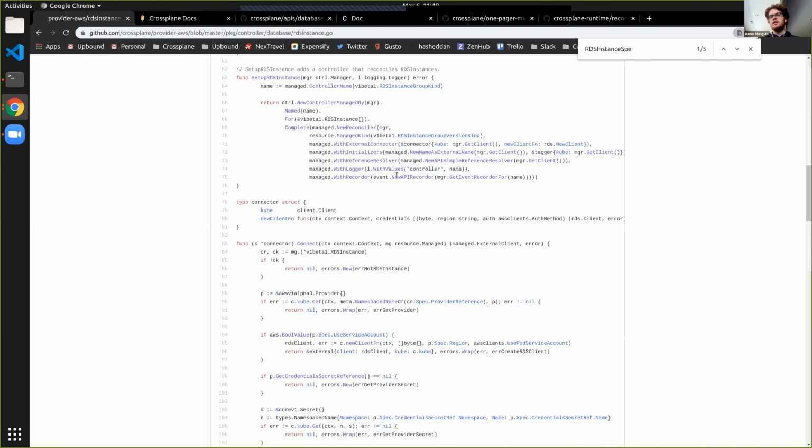It also allows you to do things like override the logger. These are all things that you're probably just going to go with these default values most of the time. What you will need to do is pass in your connector every time, which is this struct here. And so you're basically saying, I will pass the client to my connector function, and I'm going to return this